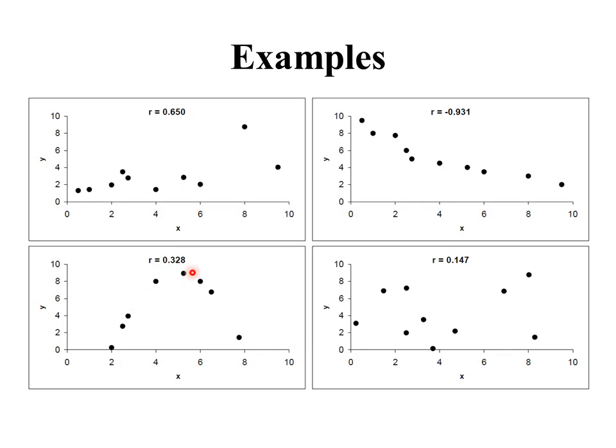Now here, if we look at this, we see that there is a relationship, but it's a nonlinear relationship. Now we can go ahead and calculate a linear correlation coefficient, but it's really meaningless because there is not a linear correlation. So the fact that this is maybe a somewhat positive number is kind of irrelevant. Okay. So r measures the strength of a linear relationship. It doesn't measure the strength of a nonlinear relationship, just a linear relationship.